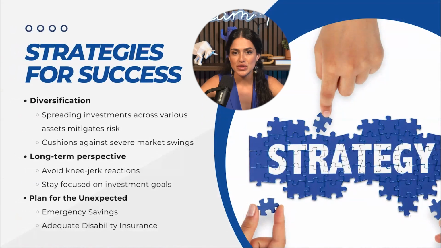And lastly, it's good to always plan for the unexpected, which means having adequate emergency savings. The rule of thumb is 3 to 6 months. For self-employed individuals, that might actually be 9 to 12 months. In addition, it's important to ensure that you have appropriate insurance coverage, disability or life insurance, or even understanding your health insurance coverage or what would happen if you, let's say, lost your job. So those are things that we would recommend reviewing, especially during times of market volatility.